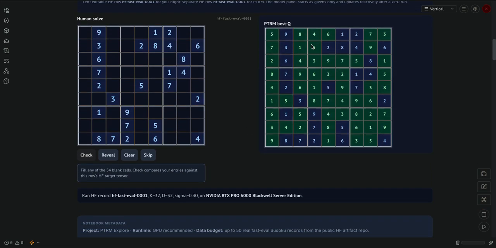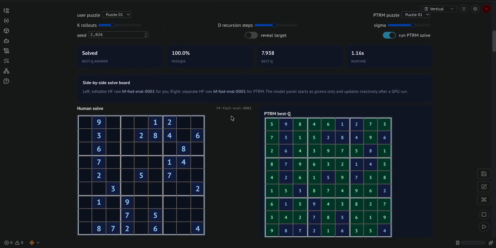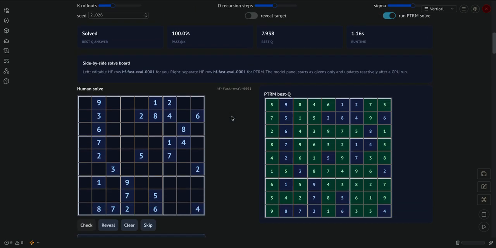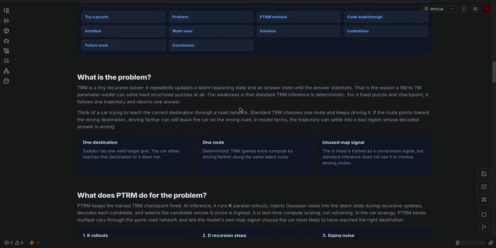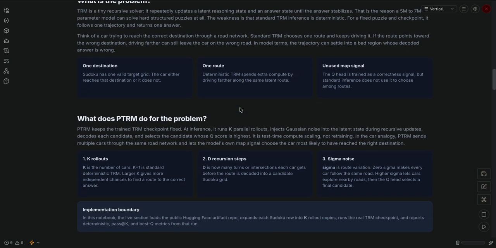Because it's green, it means it's the correct solution. If any one cell was red, it means that cell is wrong, right? So this is the basic of what we are doing. We are basically training a model and doing something at inference time to make it solve puzzles like this. Very small model, very efficient. Now the problem is